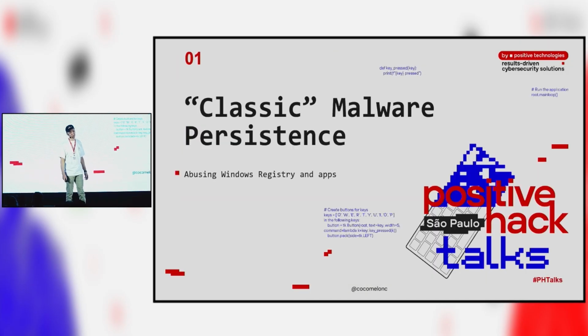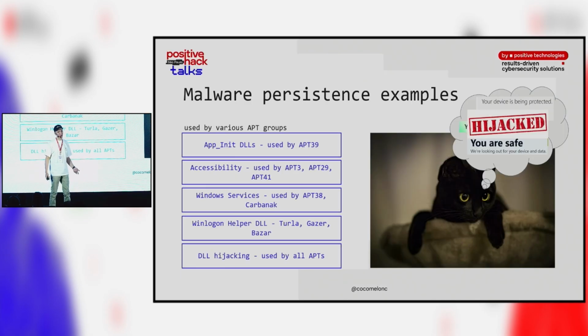Let's start. A few words about classic tricks. What's the main purpose of the persistence of malware? The classic one, in most cases, is just abusing the Windows registry and different applications. For example, if